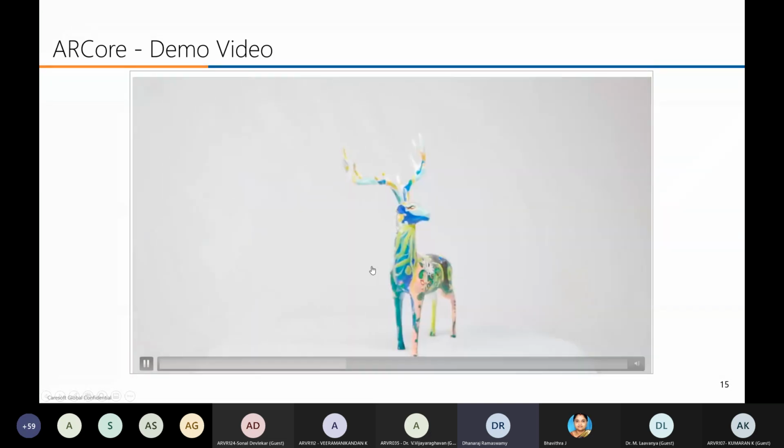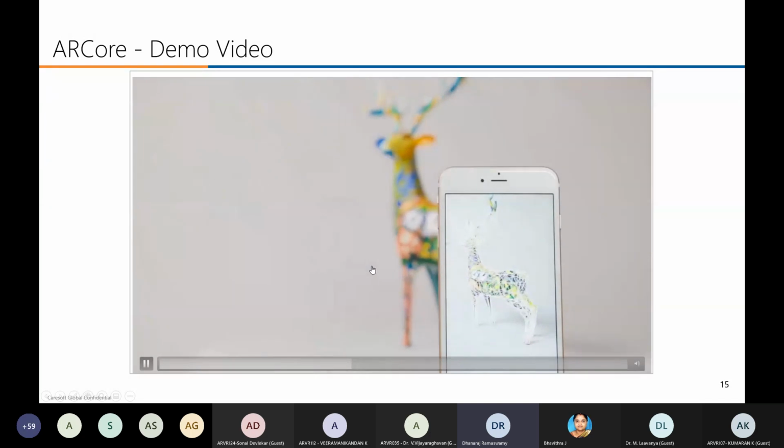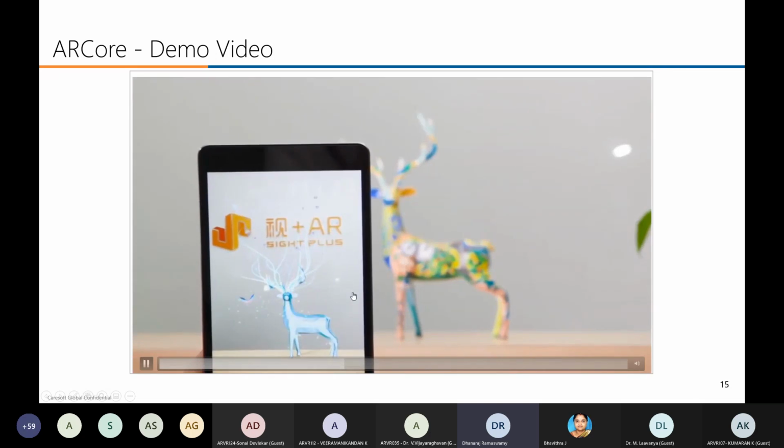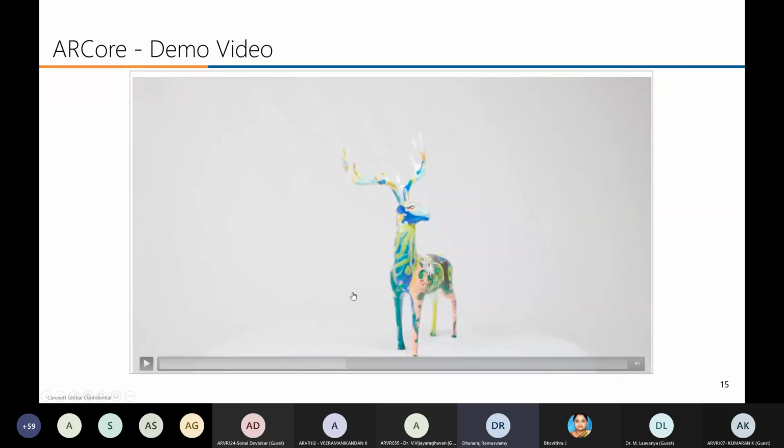See, the object is tracked in 360 degrees. Hope you can hear my voice. Sorry, this is 360-degree object tracking, not object tracking. I hope you can understand object tracking and 360-degree object tracking.